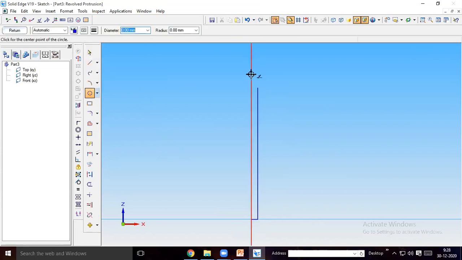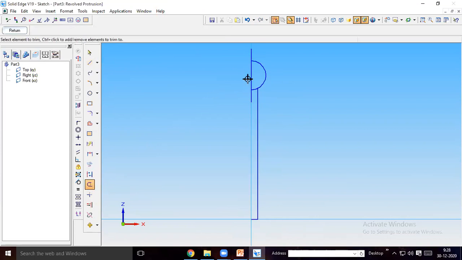And like that, you draw a circle to attach this point. Then draw a line over here. So delete the unwanted line here. Like this, you create a profile. So then give axis of rotation, then return.